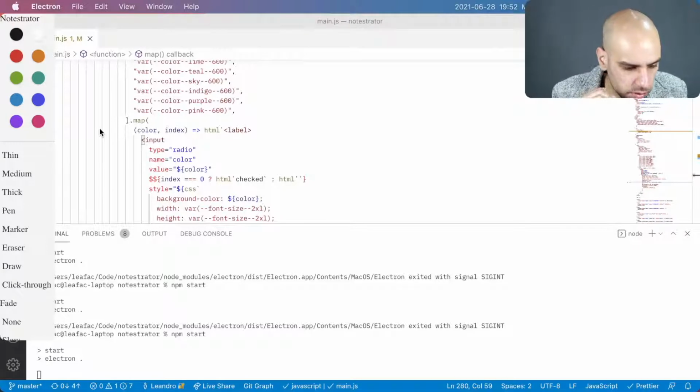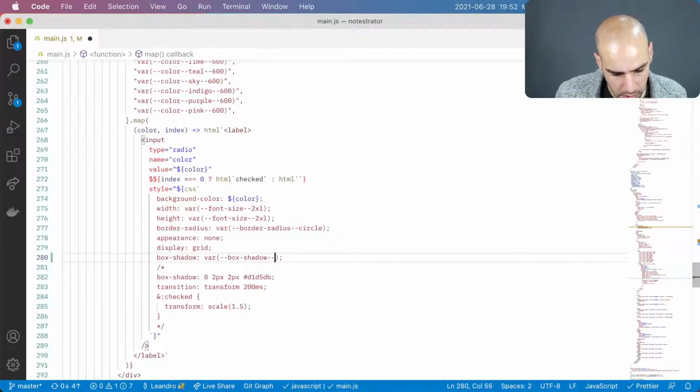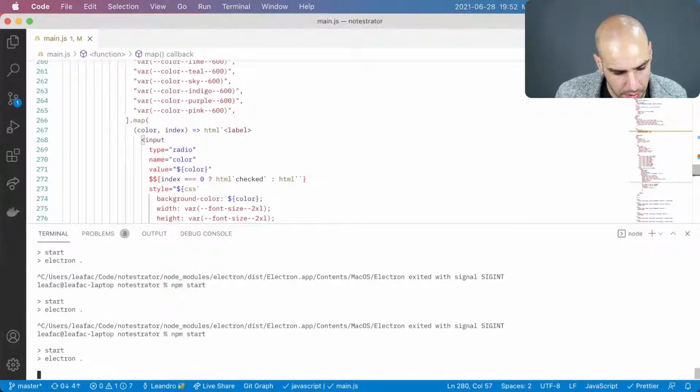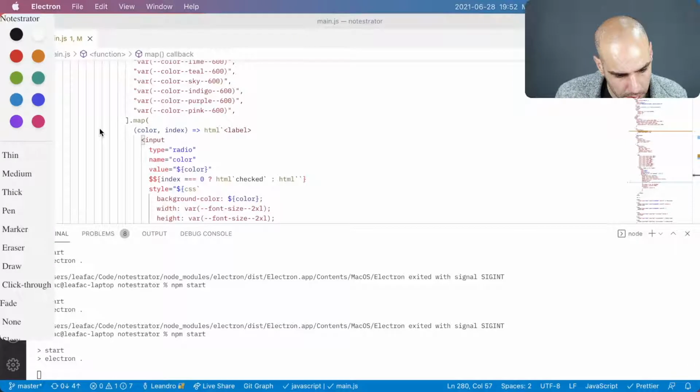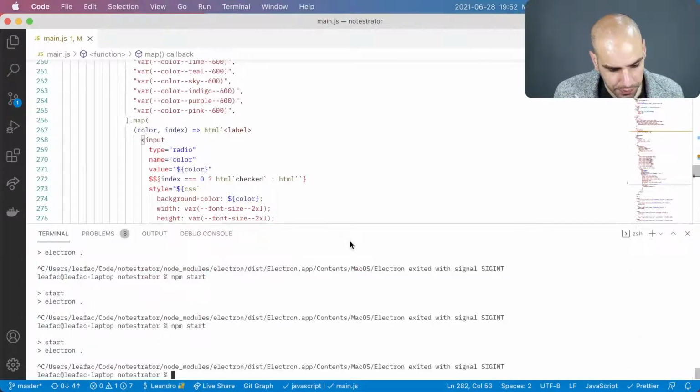Base sounds okay. Base is not bad. The white does pop. Just this lightest. But no, I think I prefer medium. No, I prefer base actually. I'll go with base. Okay, so the box shadow is base, and then